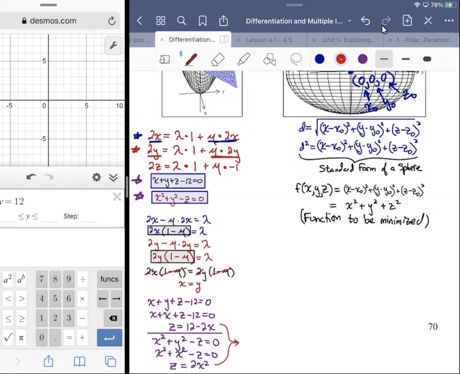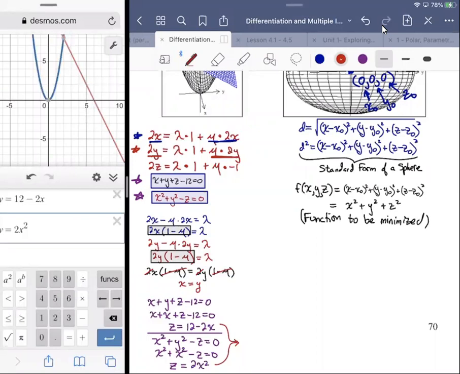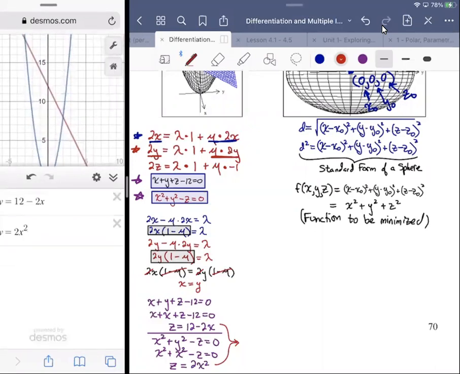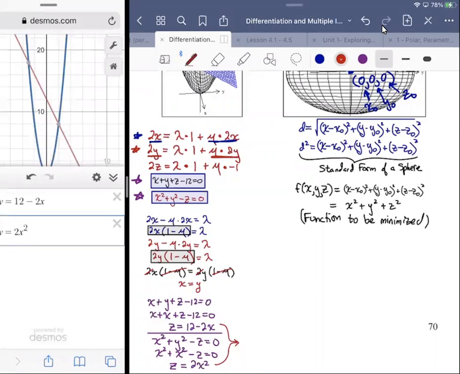I'm using y and x, but still, y equals 2x squared, and I'm just looking for the intersections. Instead of it being x and y, it's x and z, but still, we'll get intersections between these two. So we'll have 2 out of the 3 variables solved for, and the other one we know is already equivalent to x. So x comma z is equal to,